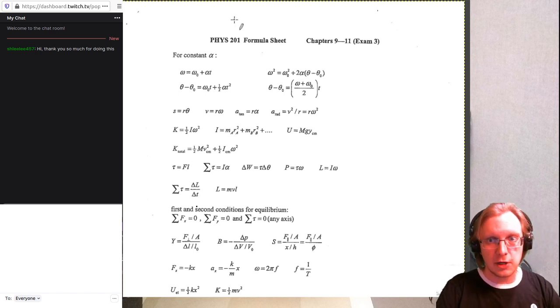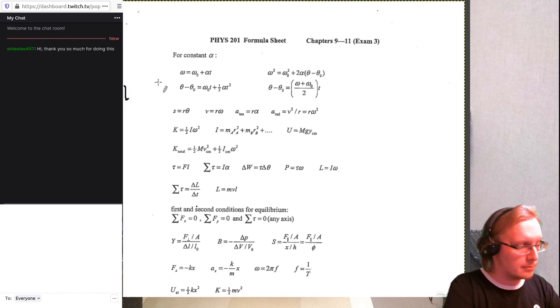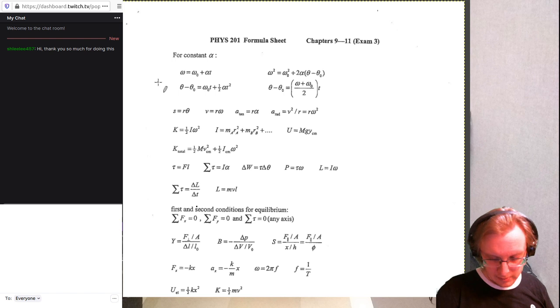Alright, so let's see here. I believe I have my right stick in working order. Nope, gotta change color to white. There we go. Now I can write. Okay, so